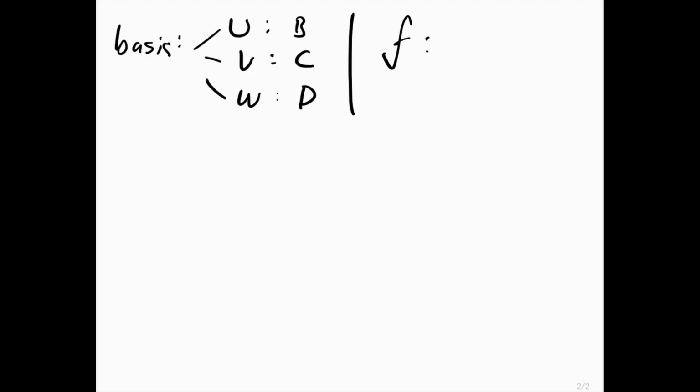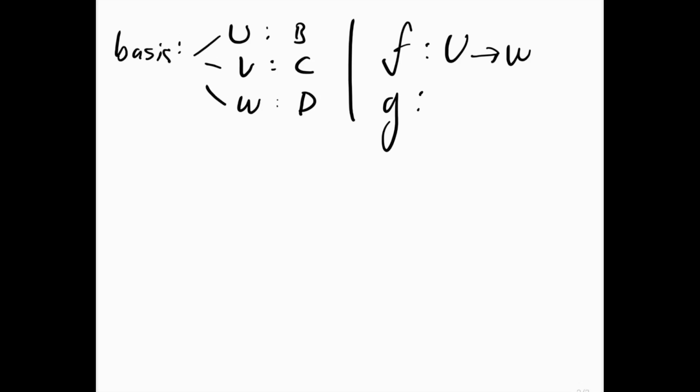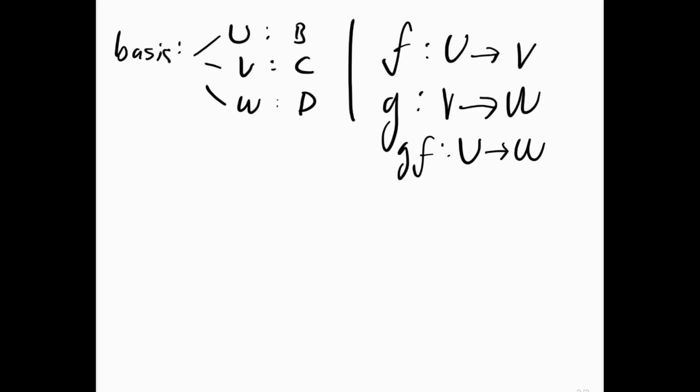Let's also have these linear maps: F from U to V, and also linear map G that goes from V to W. And then we have GF as a composition that goes from U directly to W. So if we multiply G and F into GF, and we then have that if U, V, and W,